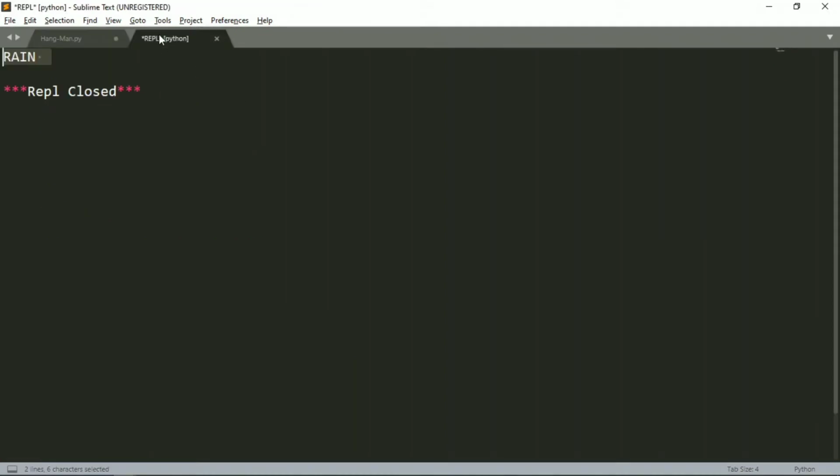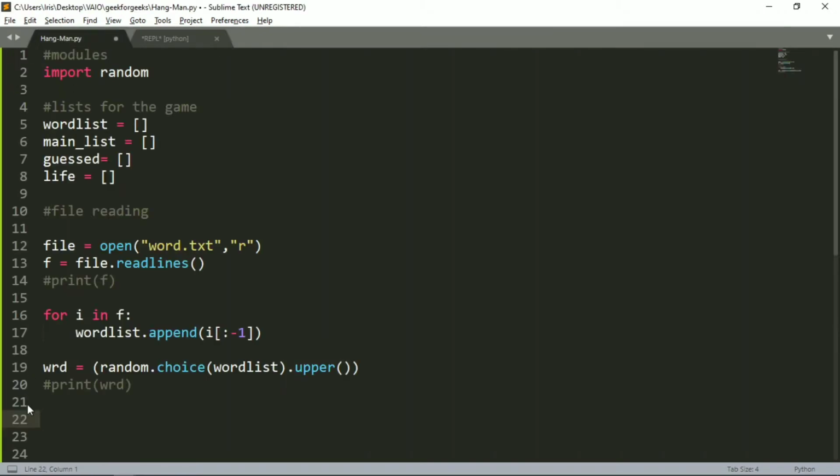So now we have created a word which is simply showing the value of the word present for the user to guess. Now let's comment out the print word, and let's create a guesses variable which will give us the number of chances available for the user. I will use len, the length of the word, so that many guesses plus two more guesses to make the game a bit more fun, or the available options will be too few.